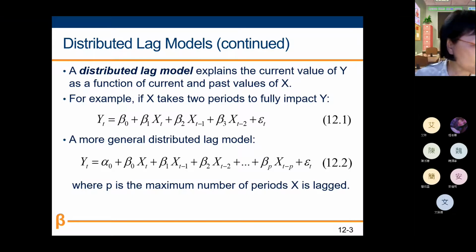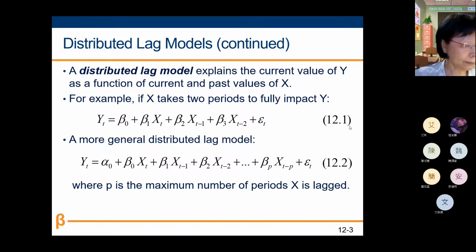So it takes 2 years. Some of the effects will take place immediately. Some will take place with a lag of 1 year, and the rest will occur with a lag of 2 years. So in such cases, the appropriate econometric model would be like